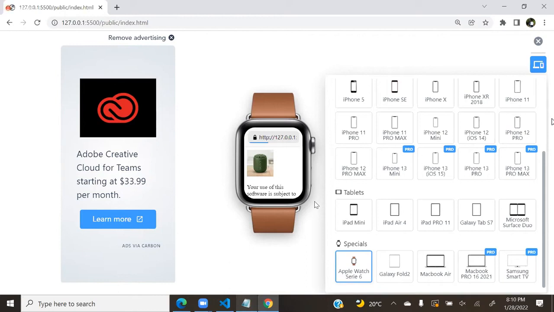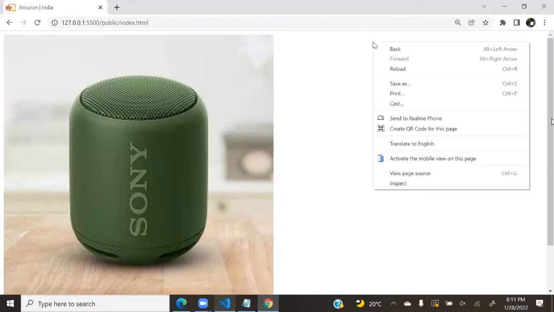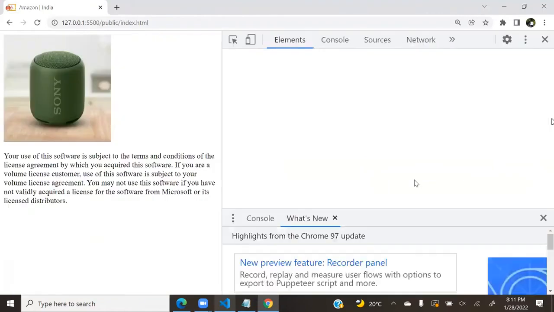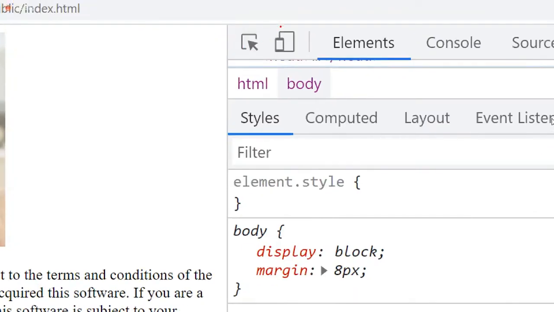So responsive is very much important. And to adjust according to the viewport, you need to add this attribute. Here also observe, if you don't have that emulator, you can try like this. Right click and select inspect. When I select inspect, it opens the inspect panel here. In this, you see there is a button here. This button you can use.